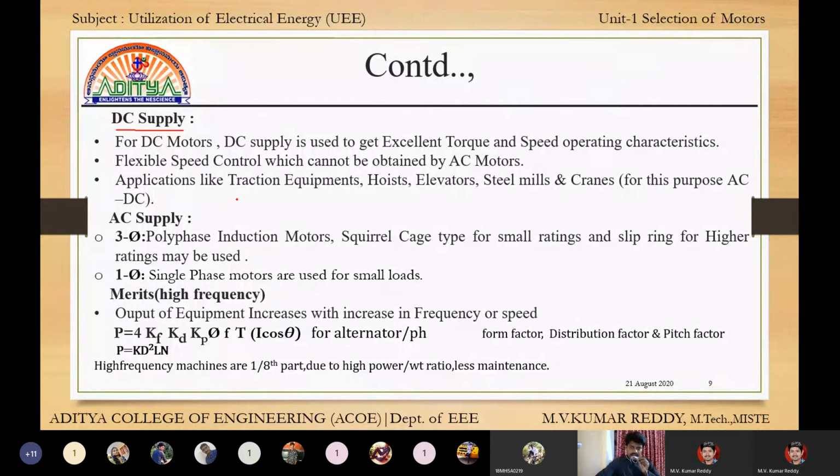Thank you. Hexaware students who still didn't register, please register today. Today is the last day. If you have any doubt, please ask Kumar Reddy sir. Thank you, sir. Kumar Reddy sir, you can continue your class.